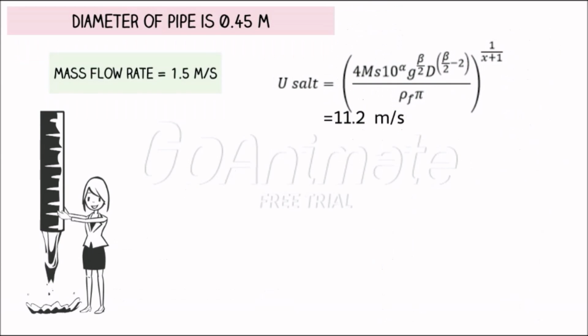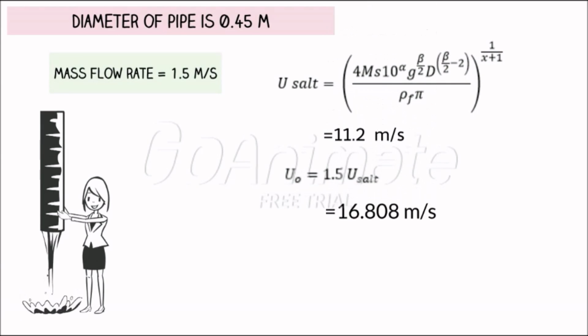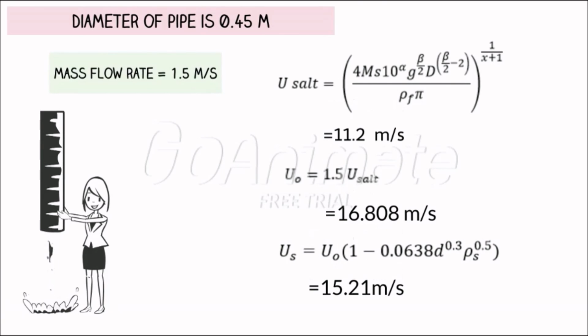Calculated, the saltation velocity is 11.2 meters per second, and the operating velocity is 16.808 meters per second, as it is multiplied by 1.5 for safety purposes, and Us is 15.21 meters per second,